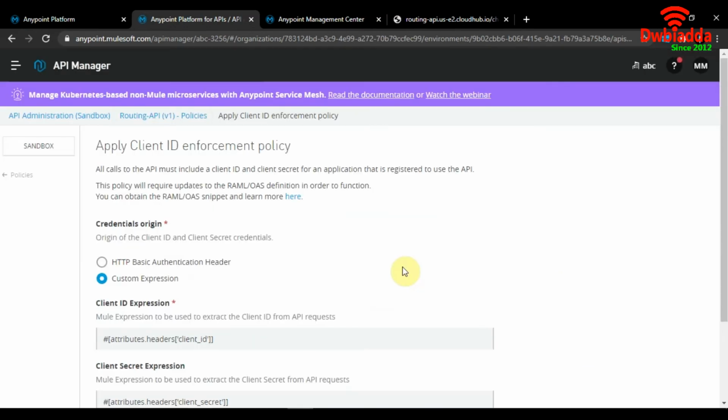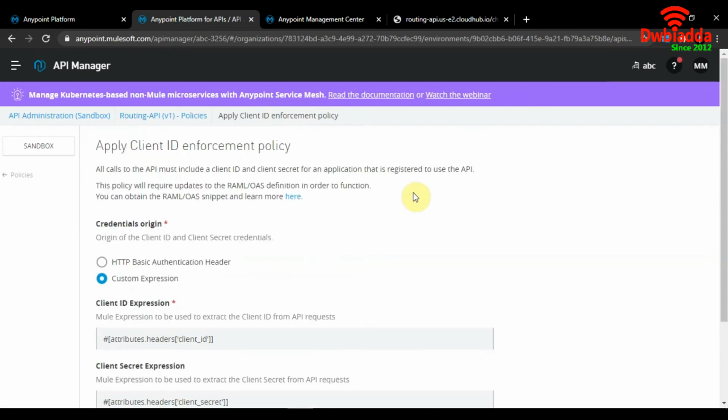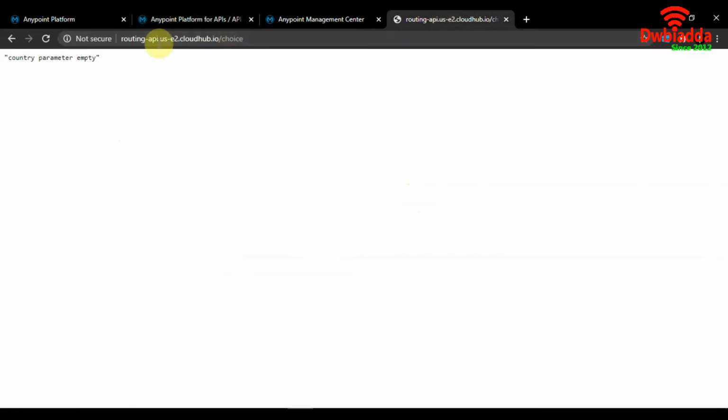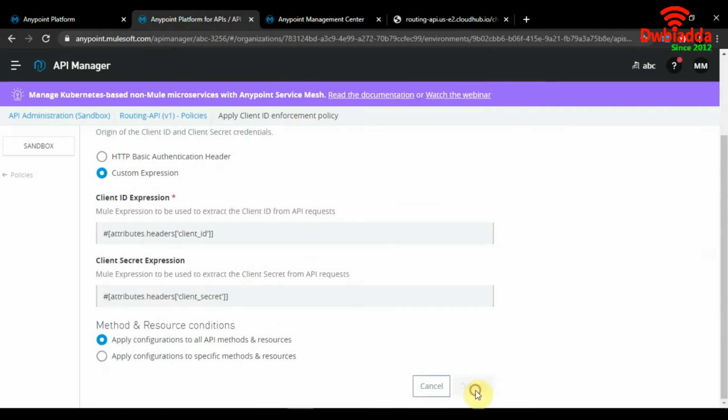What the client ID enforcement policy will do is ask for client ID and client secret as part of the headers when sending a mule message to our application. That is this URI. So any incoming request without the said headers will not be accepted and will be returned as unauthorized. So let's apply this policy.